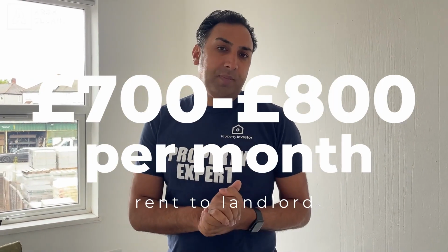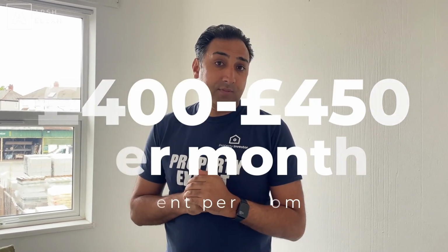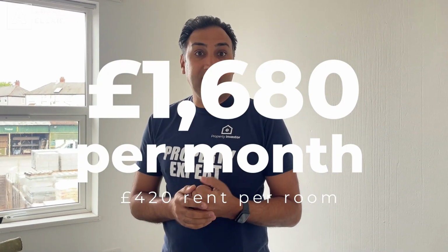So it's approximately £700 a month. That's on £700 or £800 a month. We're going to rent each of these rooms out for approximately between £400 and £450 a month. So if you work on the average of 420, that's 1680. Take out your landlord's rent, let's say 800, that leaves us with approximately 800 odd, and then we take